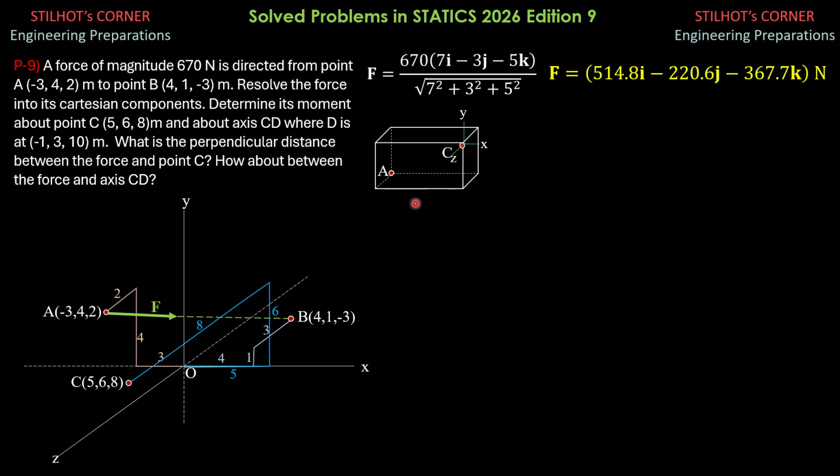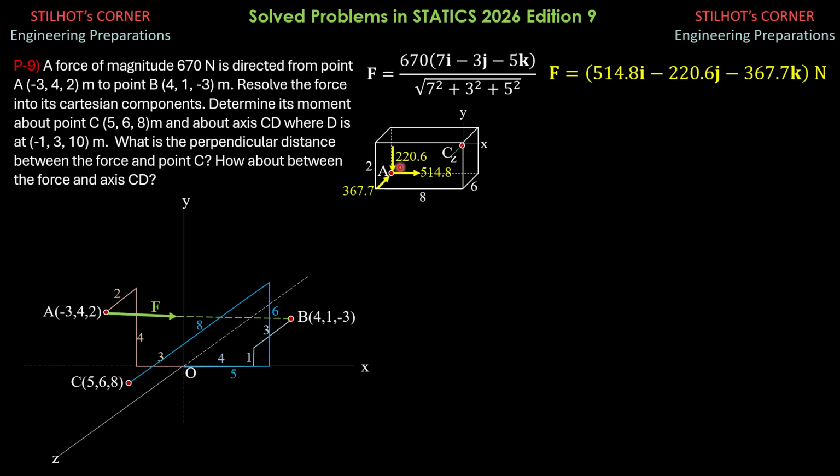So along X, 8 meters. This is 8 meters. The point C is 2 meters above A because this is 6 and that is 4. So this is 2, this is 8, and C is in front of A by 6 meters. So 8 minus 2 is 6. So this is 6 meters as shown in the figure, and we put the components of the force, namely 514.8